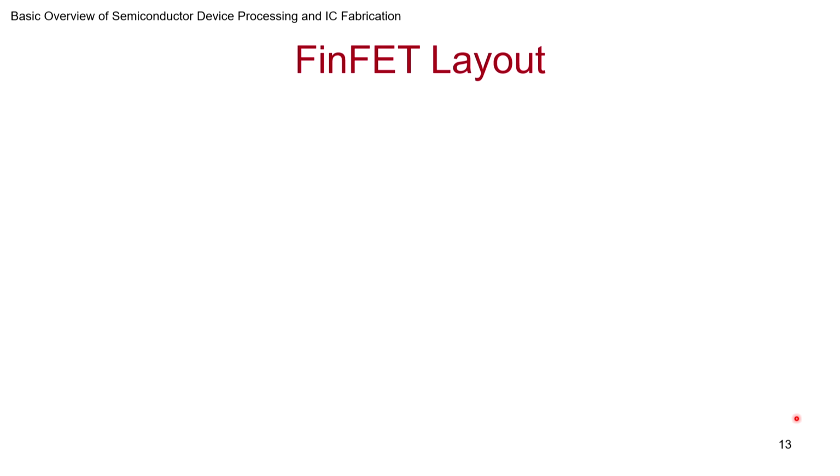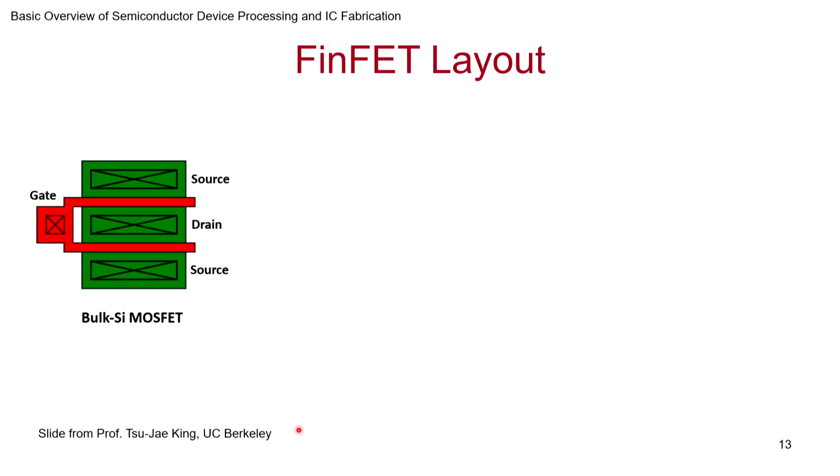Now let's take a quick peek at the layout of how this would happen for a FinFET. So this is our classical transistor. They are trying to save space. Instead of making a long gate, what they have done is in the center part they have made the drain, and the source on the two sides. So this is like two transistors in parallel. Such ideas have existed already, not just with FinFET, but even earlier. You try to minimize and make it into a regular shape, right? Instead of a huge long transistor, you can make it into a more squarish shape by using such tricks.